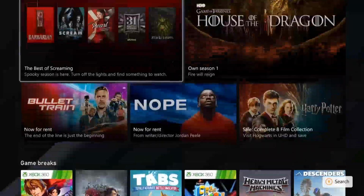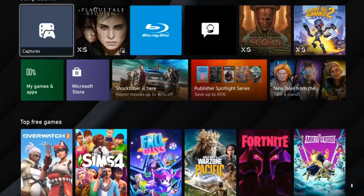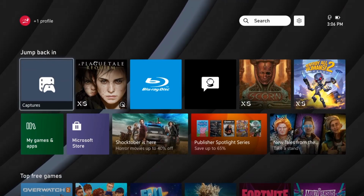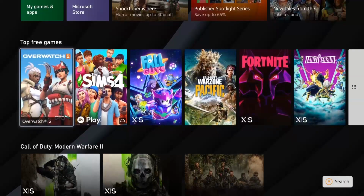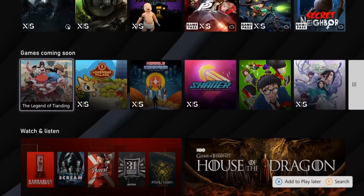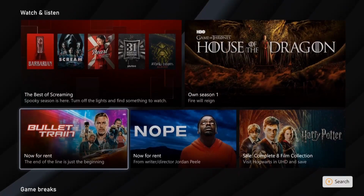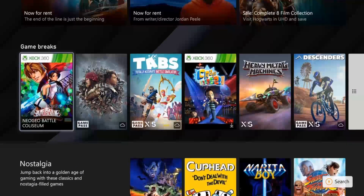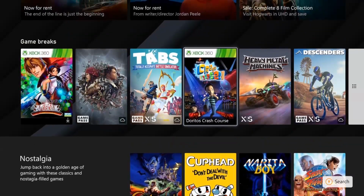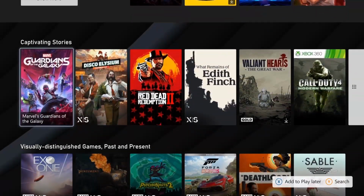Now, for me personally, I never had anything on the main home screen, the old layout, when I scrolled down, because I just didn't care about pinning anything to the bottom here. But right now, again, this is just permanently here. I can't edit any options. You'll see that there's no longer an edit option. There's just a search option down on the bottom right. A few different things I can add to like a play later. But yeah,